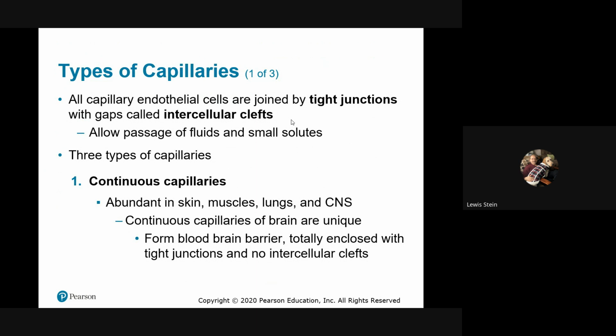Typical continuous capillaries have gaps that things can get through. If I put water in this, it's going to eventually leak through. It just is. Because it's not completely watertight. Pretty watertight. That's a continuous capillary. That's the major kind of capillary you have, because that's where the vast majority of the exchange takes place. Skin, muscles, lungs, central nervous system, all of those areas. Central nervous system is a little caveat that's coming. The brain is unique